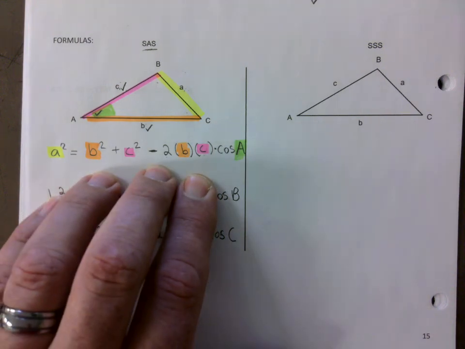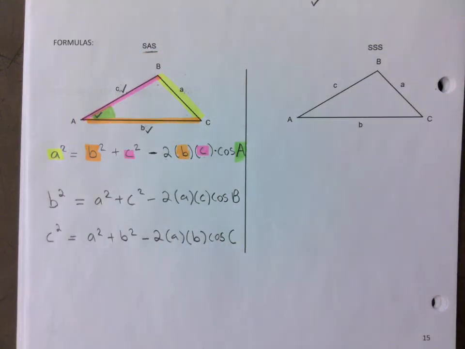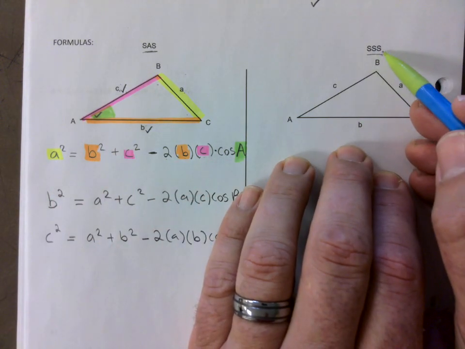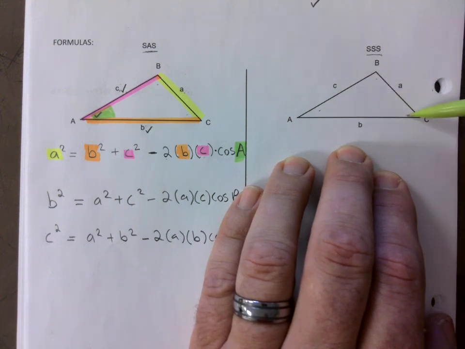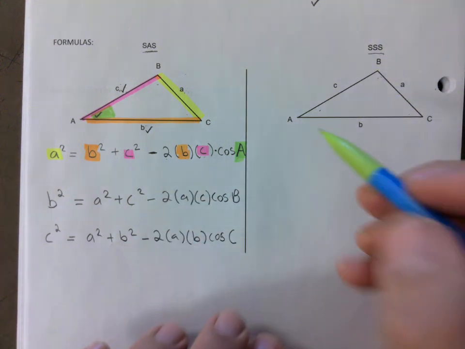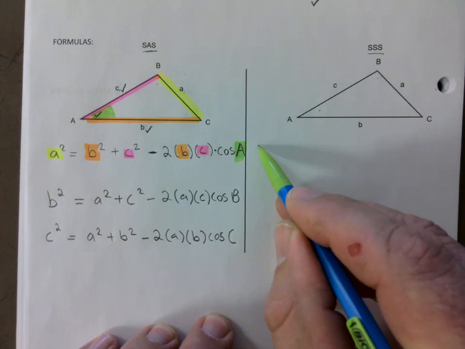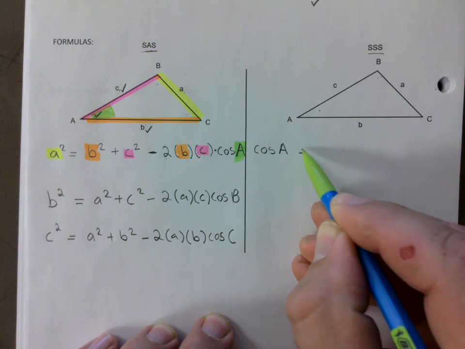Okay, so this is it. That's when you have an SAS, the sandwich, right, angle sandwiched between the sides. What if you have all three sides? Okay, what if you have all three sides? The trick with all three sides, folks, is that you can choose which angle you want to solve for. And that is the kicker. You got to be careful here. You could solve for any of the three if you wanted to. But let's say you wanted to solve for angle A here. This is how you would start it. You would actually start it with cosine of angle A is equal to,